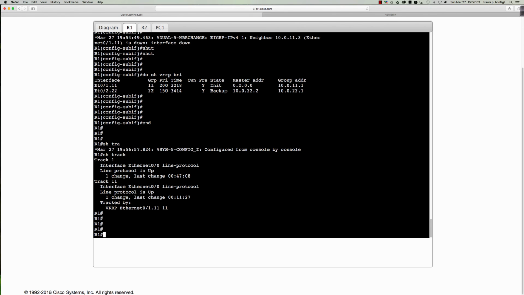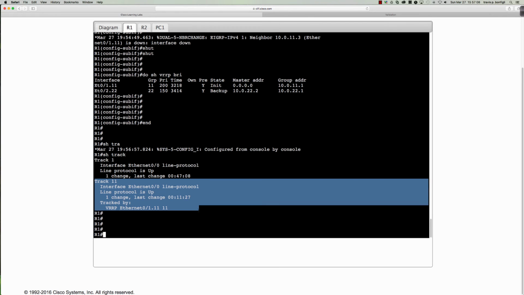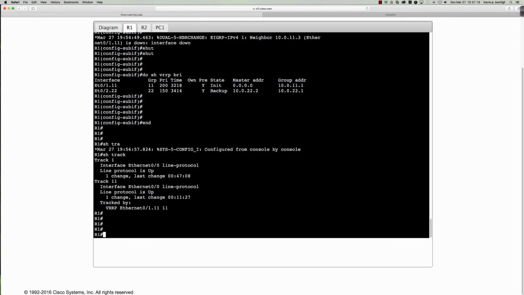Well, we've got track 11. So we're tracking object 11, and you can see we're tracking the line protocol, and it shows line protocol is up, one change, tracked by Ethernet 11, and actually it is not up. The line protocol should be down